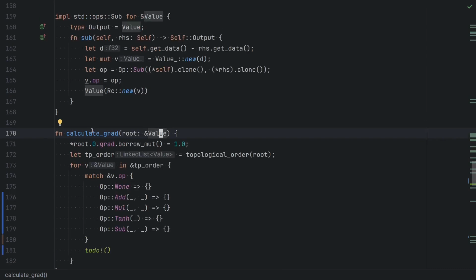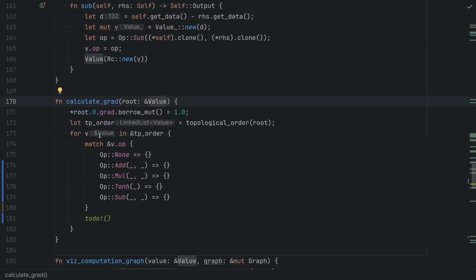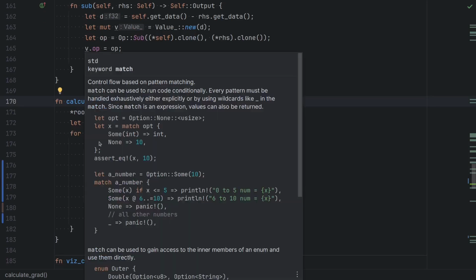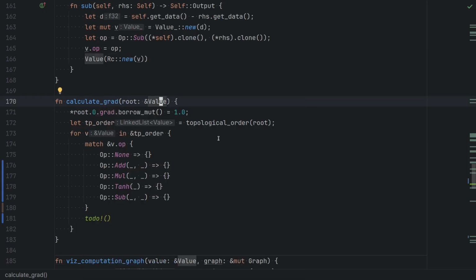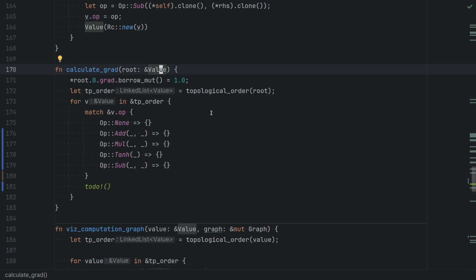In the implementation of calculate grad, the gradient of the root node is set to be 1.0. This is the starting point for backpropagation. Then we invoke the function topological order on root, which returns a list of the value objects in topological ordering. This ordering is necessary to ensure that gradients are computed in the correct sequence from the output node back